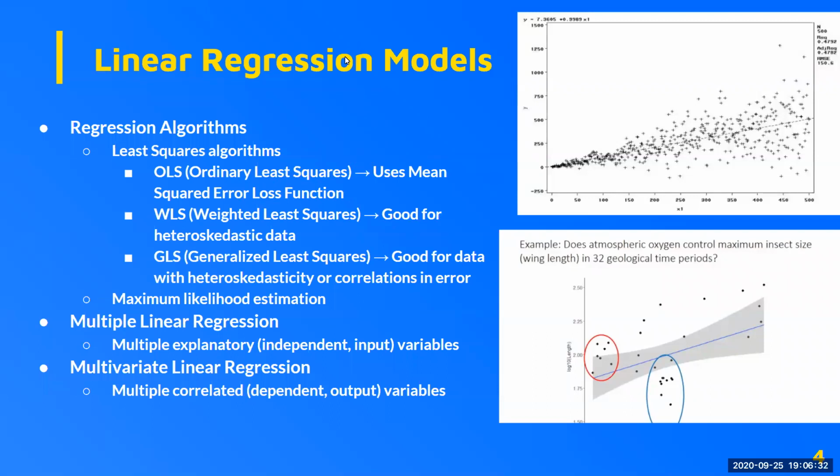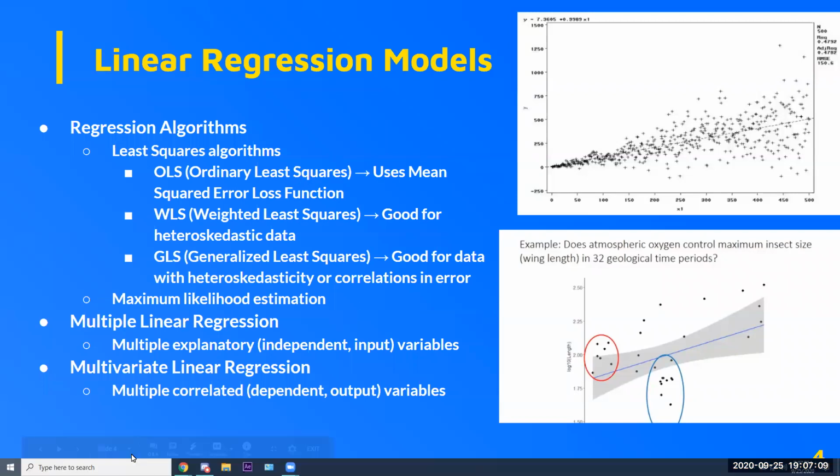The first one is ordinary least squares. This is the most basic version to perform simple linear regression, the standard simple version. It's pretty effective for simple correlations in data and finding patterns. But there are some things to take into account that might cause ordinary least squares to perform badly. One of them is